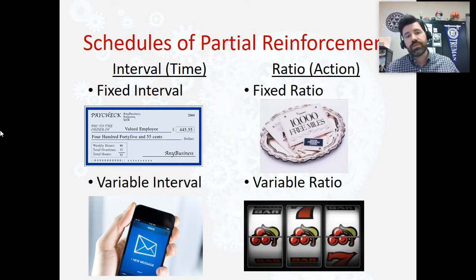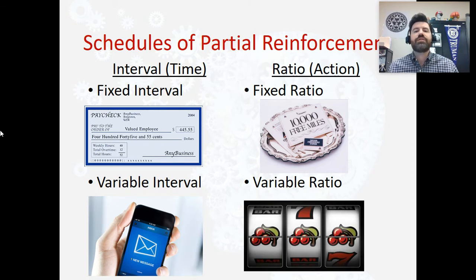If you're looking for shooting stars, right? Well, there's a shooting star, and then 5 minutes goes by, there's another one. Or 5 days or 5 weeks goes by, and then there's another one. And so it's a random amount of time that you have no impact on. The big thing to remember with interval schedules is that you do not impact when the reinforcement happens. Unlike ratio. With ratio, it's all up to you. If you don't do anything, you won't get reinforced.